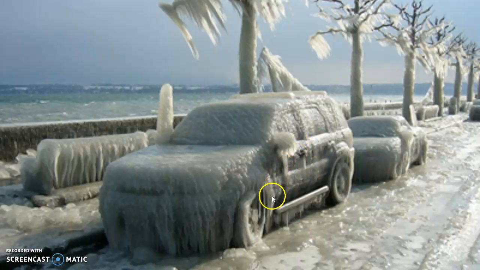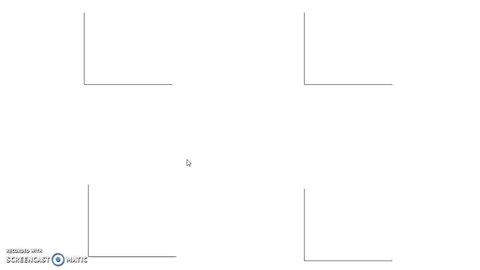I mean, we're talking about inches of ice. You would probably break your car trying to get into it. And really, you just have to wait for things to thaw out. One of my favorite parts of this picture is this part right here. That's actually the car's antenna, coated in probably about 8 inches of ice or so. So this, even though it isn't exactly freezing rain, is similar in process, creates a lot of problems, can make thick coatings and add a lot of weight.